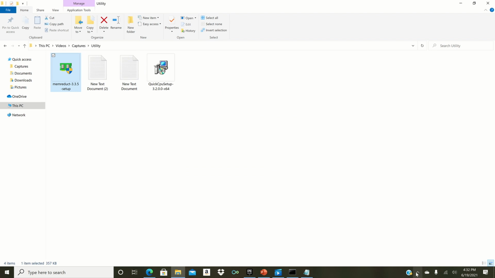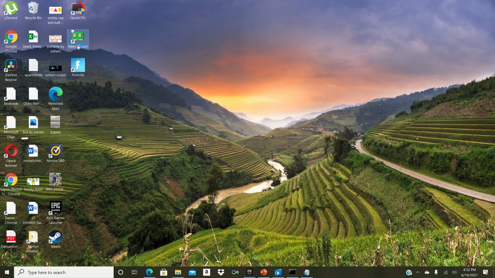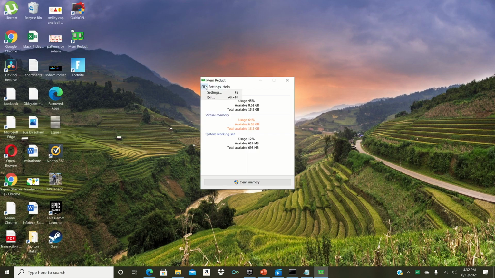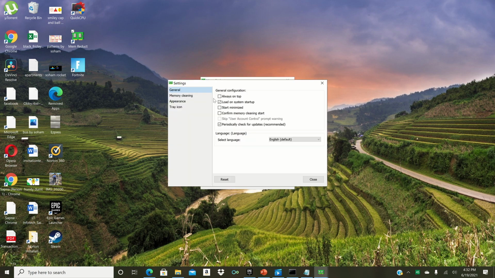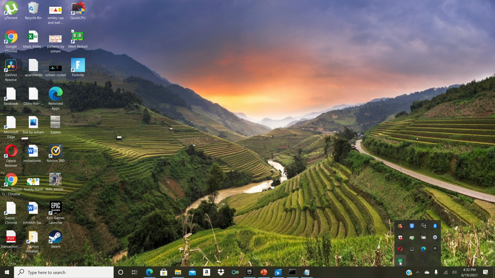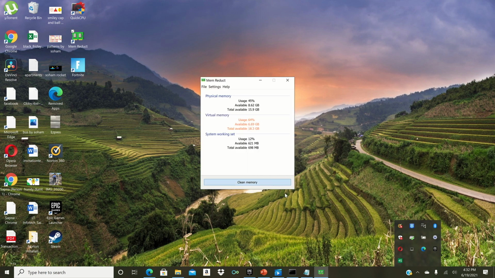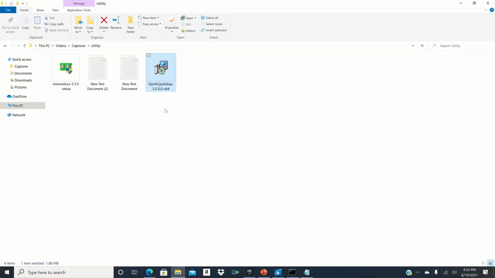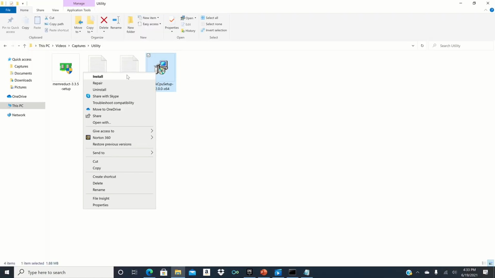Once you install it, go to the system quick memory bar or the desktop, click on the settings and then make sure the checkbox is enabled for startup. Now guys, go to the system taskbar, click on the memory reduction application, and click on the clean memory option. This should release or free up the memory which has not been used and this will definitely give you better performance.